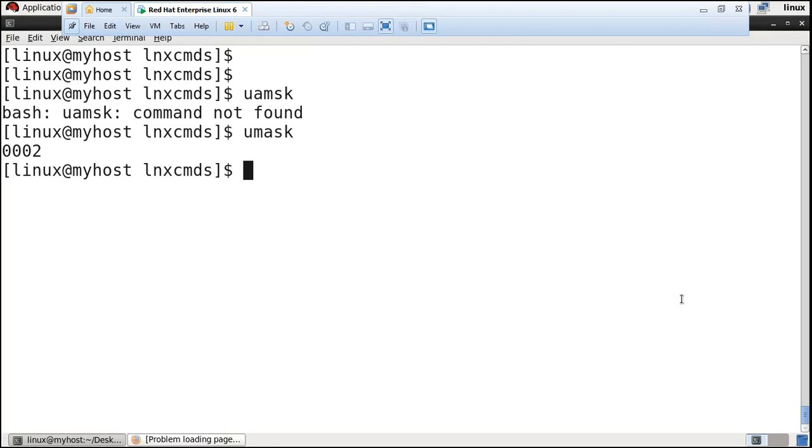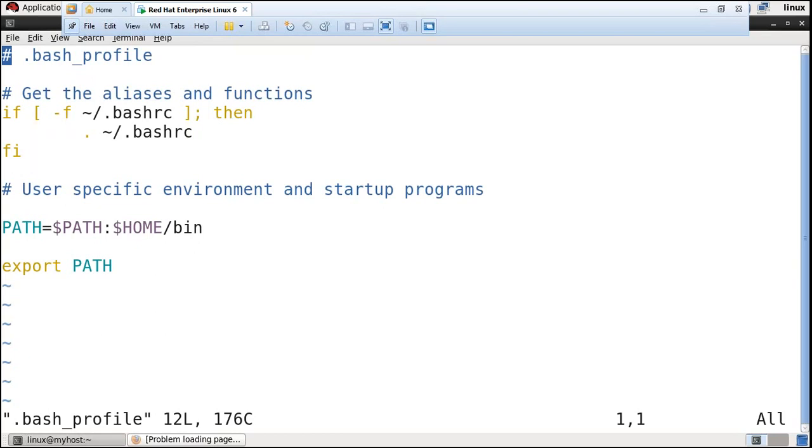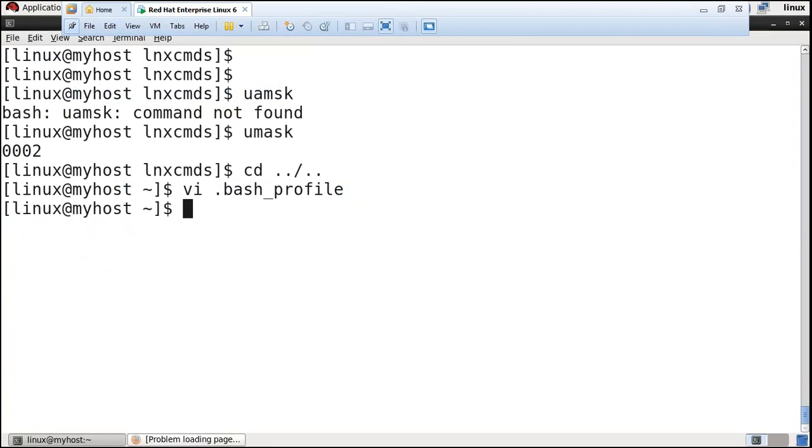This is temporary, actually. For setting it permanently, we have another file, the .bash_profile. Put umask 002 in it and save, and it is going to be set permanently. No need to set it every time. You set it one time, and whenever you start the operating system, that umask value will be set automatically. So this is about the umask value.